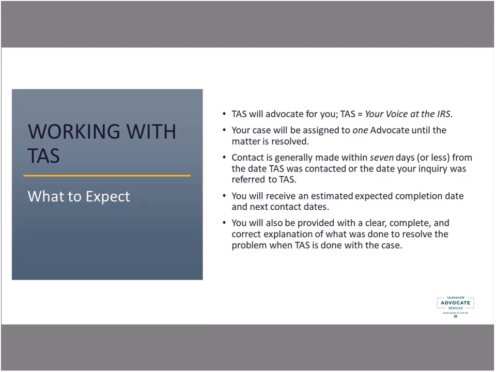We have some tools, one being a Taxpayer Assistance Order, TAO, or TAD if the NTA issues it. It will direct the IRS to cease an action, take an action as permitted by law, or refrain from taking an action when the taxpayer is suffering or about to suffer a significant hardship as a result of the manner in which the IRS laws are administered. The role of the TAS is not to request that the IRS break a law or disregard procedures, nor to substitute our judgment for that of the IRS.